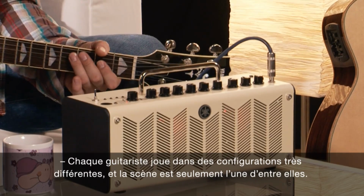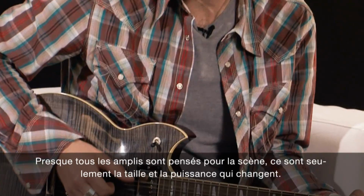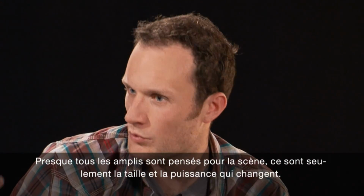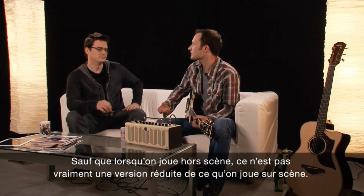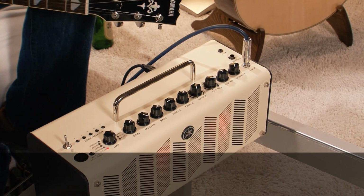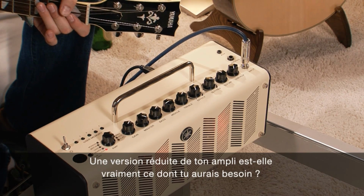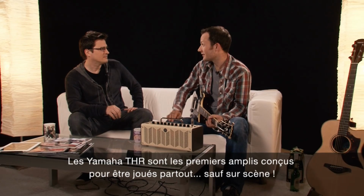Almost all guitar amps are based on a design that's perfect for the stage. The only thing that changes is the size and loudness. Because the way you play off stage isn't simply a smaller version of how you play on stage, why would you use an amp that's just a small version of your stage amp? THR from Yamaha is the first amp that's truly designed for how you play when you are